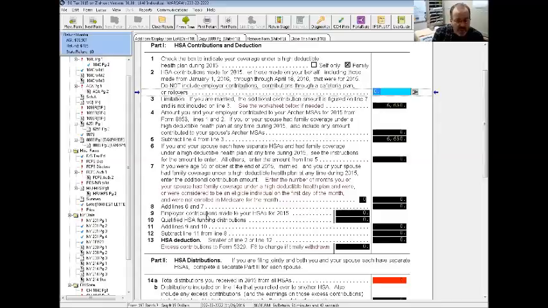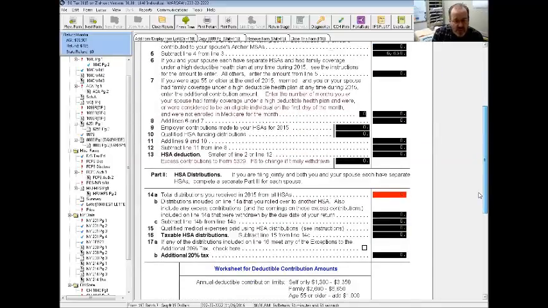If your employer makes contributions for your HSA, it'll show up here, okay? Now, the second part of this form talks about the distributions. We have to basically reconcile on our tax return what we spent the dollars on to show that it went